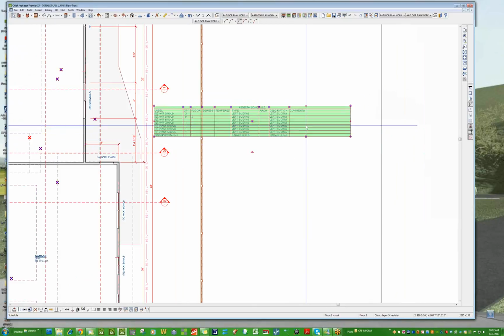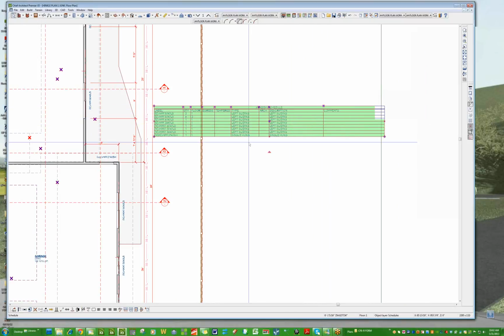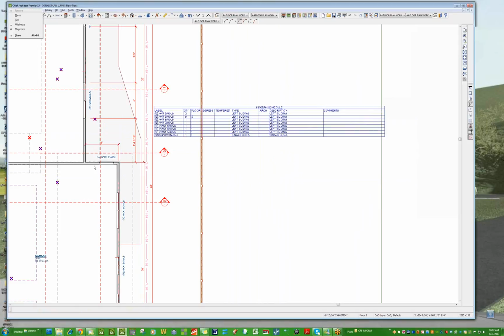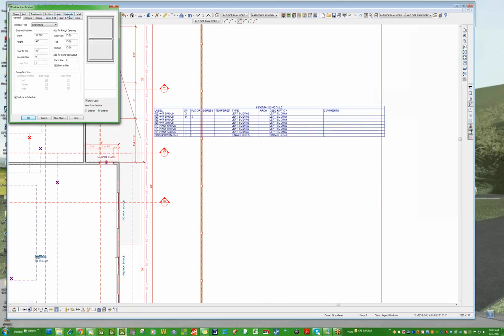This is the issue that I was having with the description. I was getting some additional information after description. And maybe it was my bad. Maybe I should have been using type. I'm learning this. So here's a window right here, and I want to change the materials on the exterior,